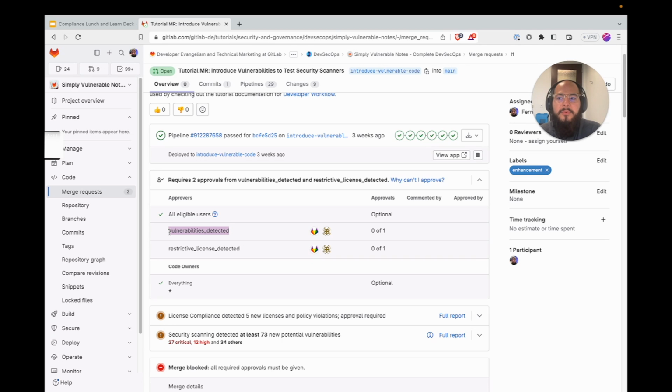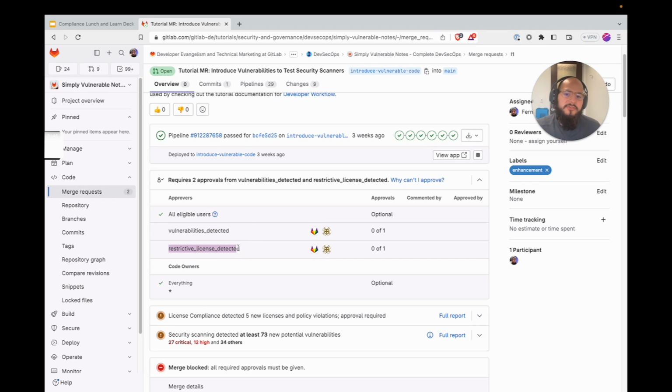You can say, for example, certain people must approve container scanning vulnerabilities, certain people must approve dependency scanning vulnerabilities. You can also say things like, maybe the team lead can only approve vulnerabilities of severity low or medium, but maybe we need the security team to approve vulnerabilities of high or critical. And these are all very granular and can be chained together.